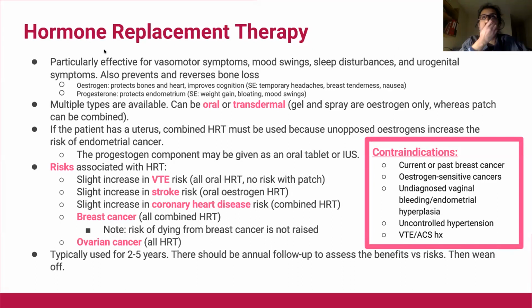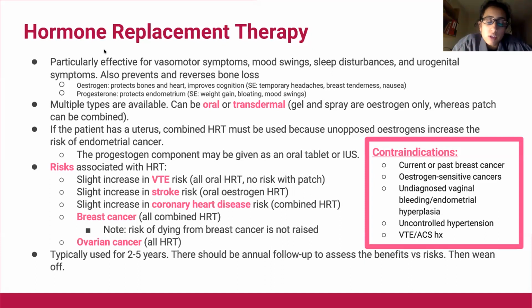Estrogen and progesterone both have different effects on the endometrial lining. Progesterone maintains the thickness, whereas estrogen promotes the growth and the division of endometrial cells. And anything that increases the rate of division increases the risk of cancer. So if you're giving someone estrogen, they're at increased risk of endometrial cancer. A way to counteract that is to give a progesterone component, and that's why it's called combined HRT.